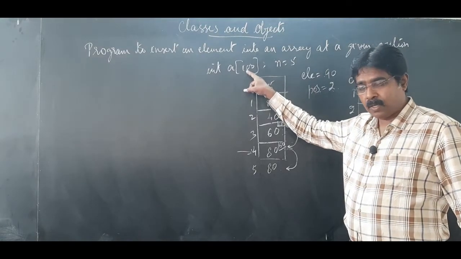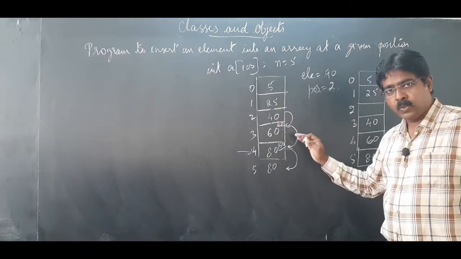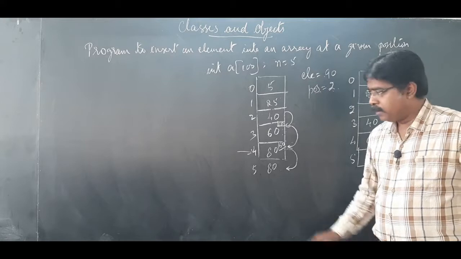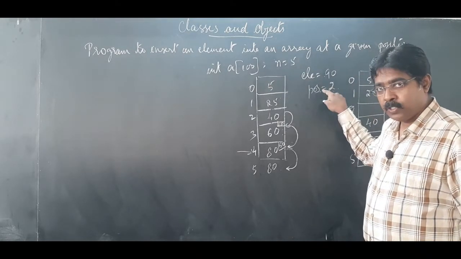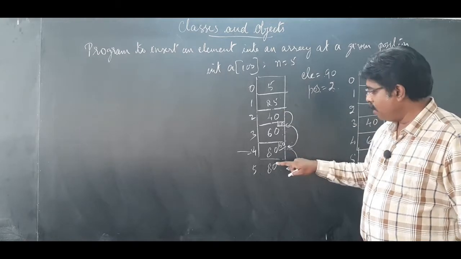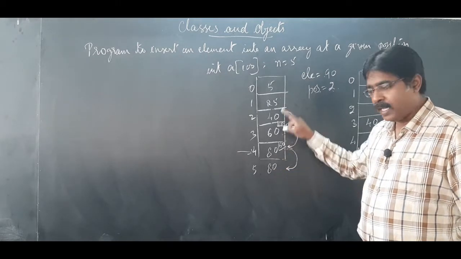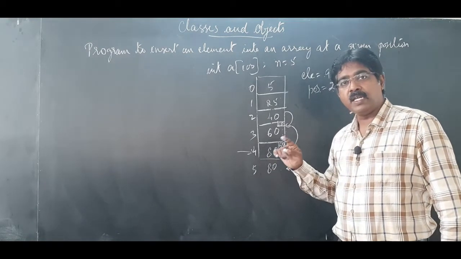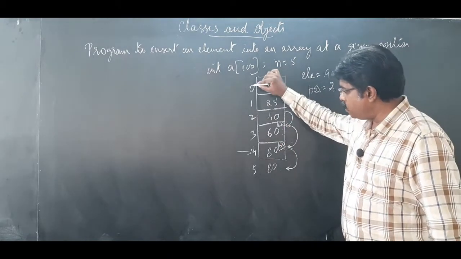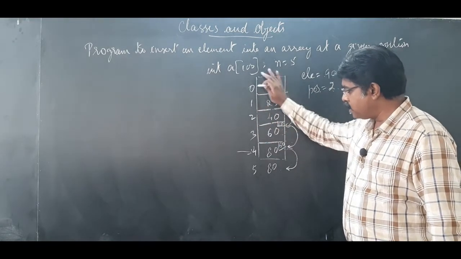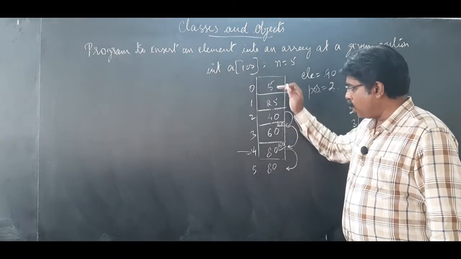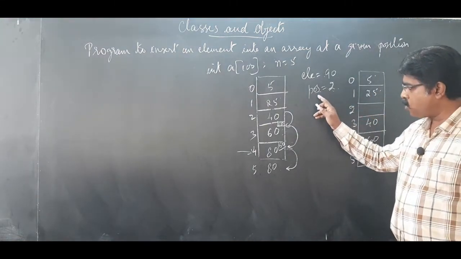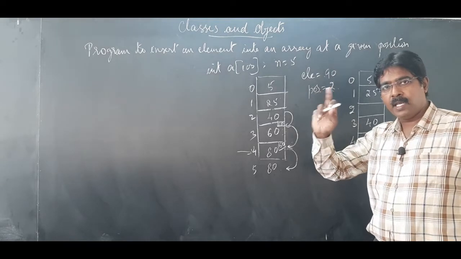provided that the array is of a standard size, or the array should be sufficient enough to incorporate the inserting element at a given position. One more thing, we need to insert at a given position, and the position should not exceed n's value. Though we have the fifth position, this position we don't consider as an inserting point. The inserting point will be 0, 1, 2, 3, 4. That is the given array. In the given array, whatever the positions are there, only that we consider. Hence, if you give a position greater than n, it will be an invalid position.